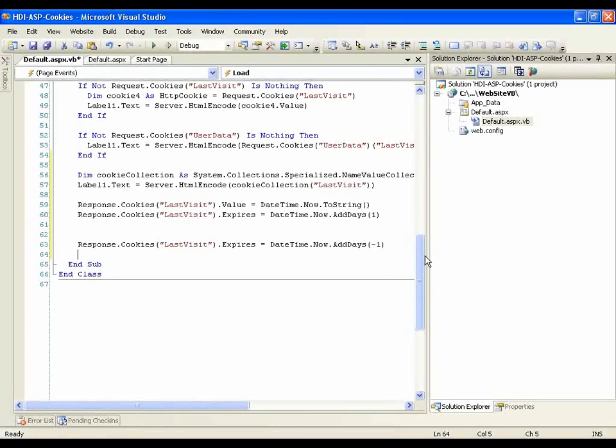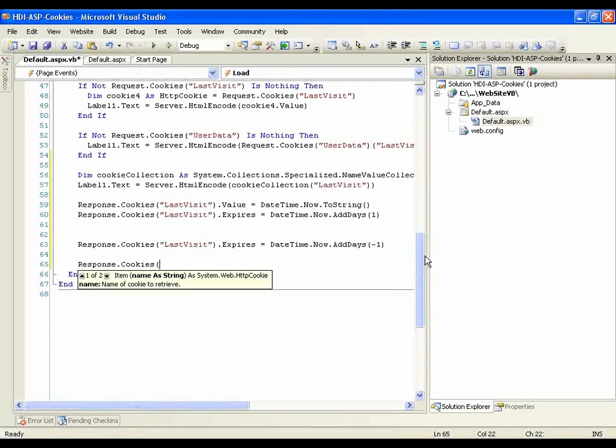Now, as far as subkeys are concerned, modification of subkeys is essentially writing a new value to the subkey. So in the case of the userdata lastvisit cookie, what we would do is say response.cookies